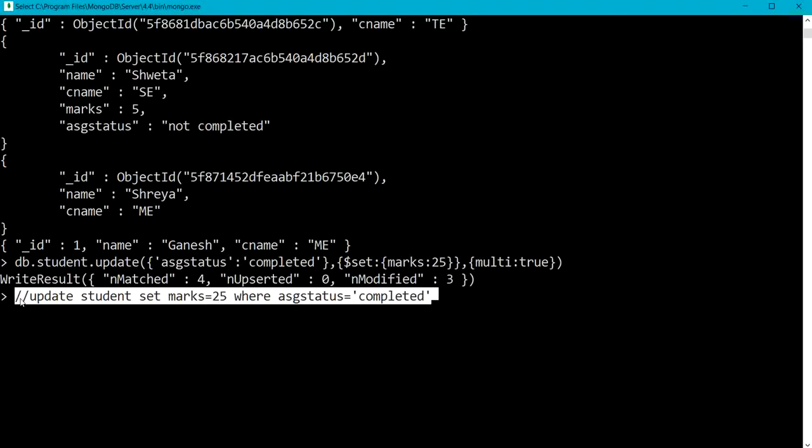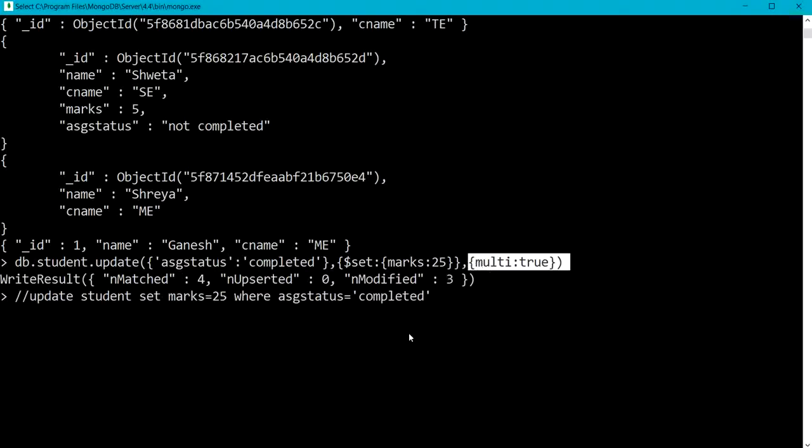Now let us check upsert, which is a special type of update. We have used the multi-option, but before seeing the upsert option, let me show you the documents updated with the multi-option.